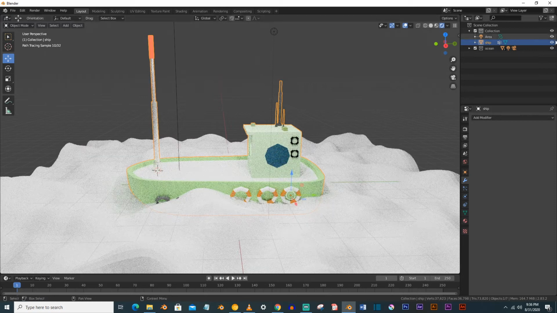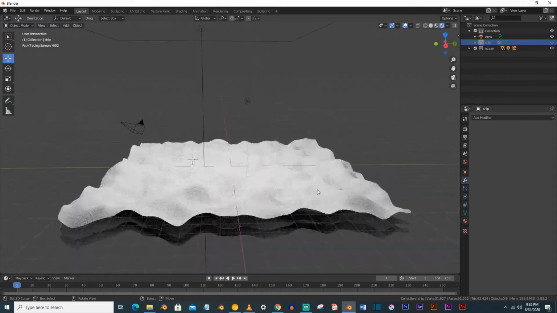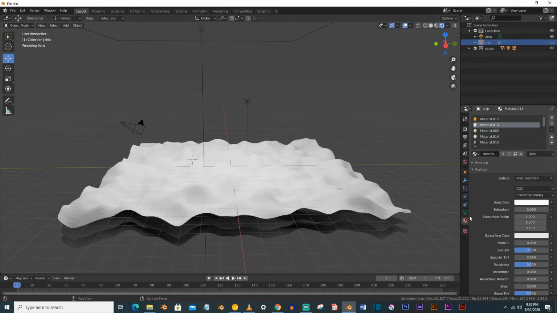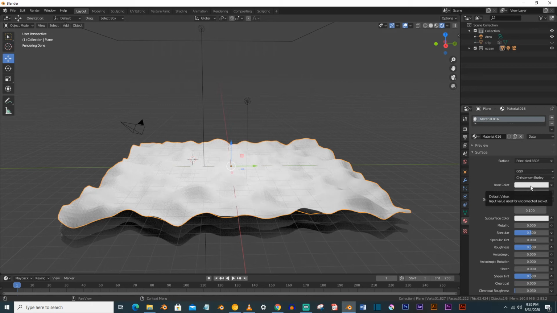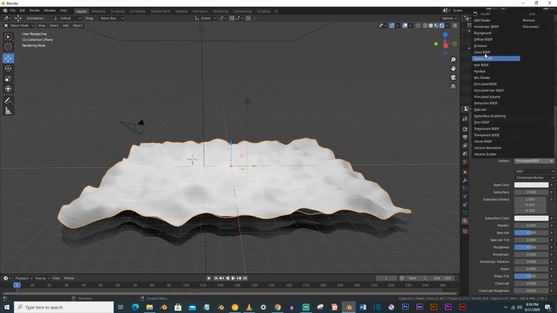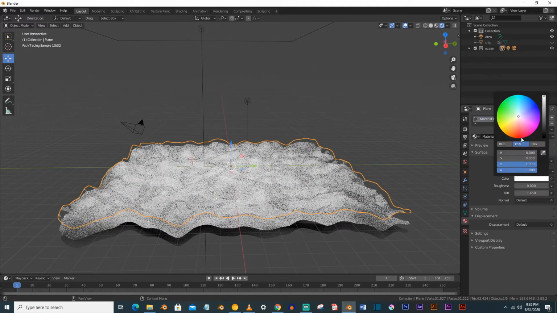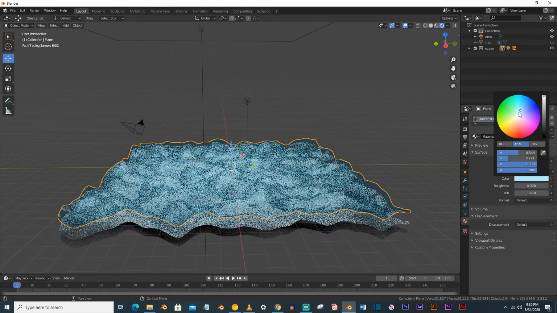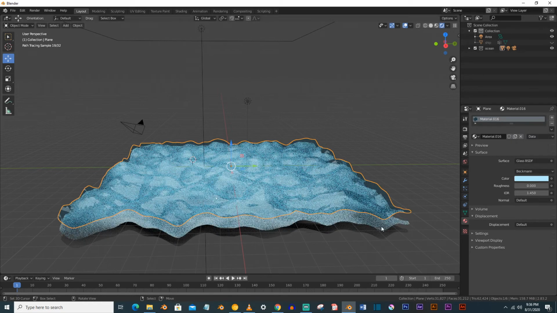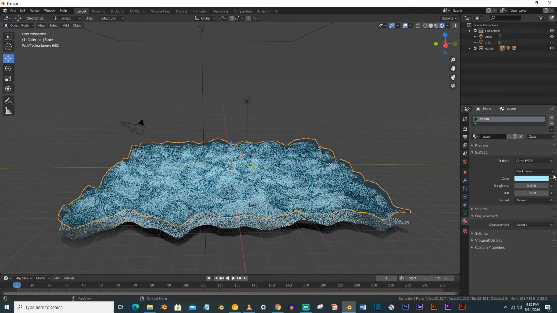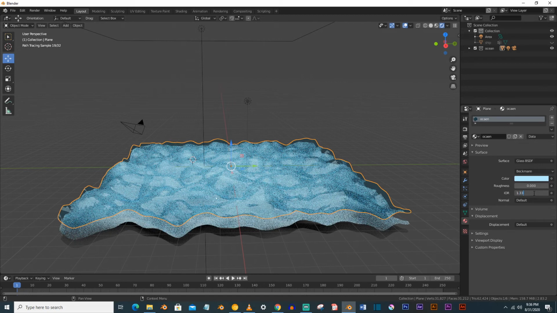Control J and just hide for a few moments, and now go to the materials tab for this, and for the ocean we will select a glass material and roughness down to 0, and to this we will give it a bluish color and give it the name of ocean and IOR value to 1.33.